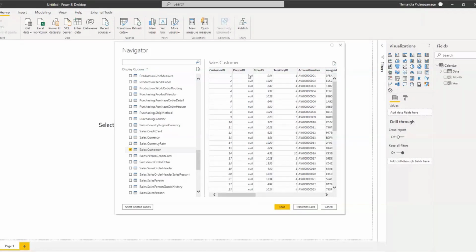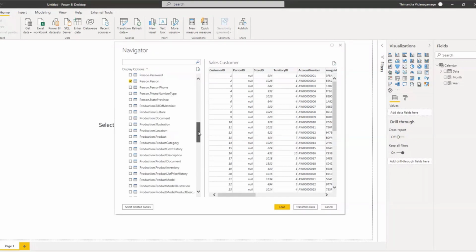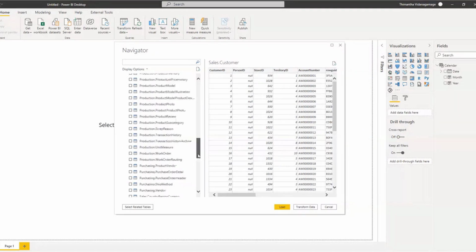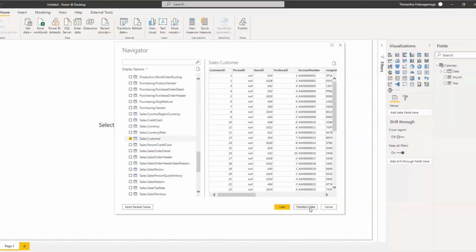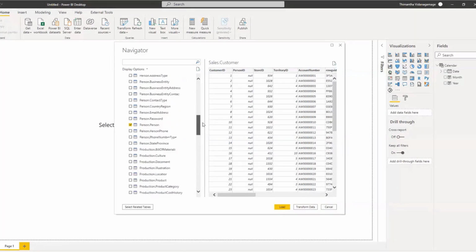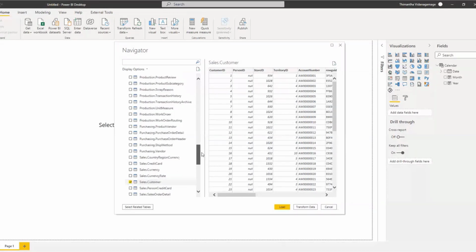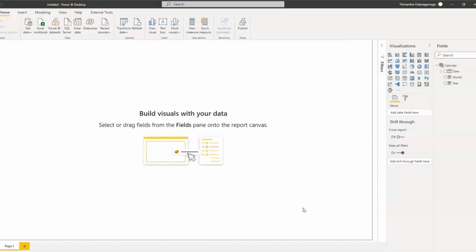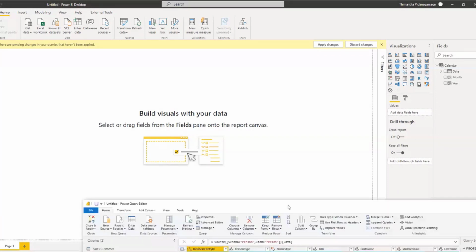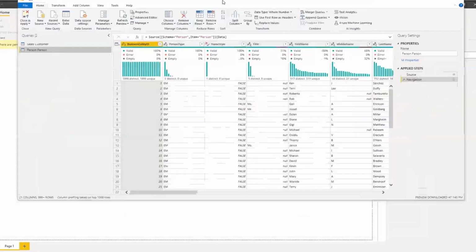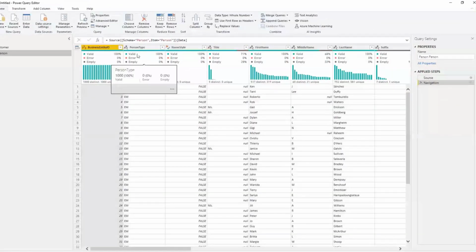So let's do that. Firstly, select the two tables you want. I selected person.person and sales.customer, and click on the transform data option you see right in the bottom. After you click on that, you have your tables brought into the Power Query view where you can play around with Power Query.